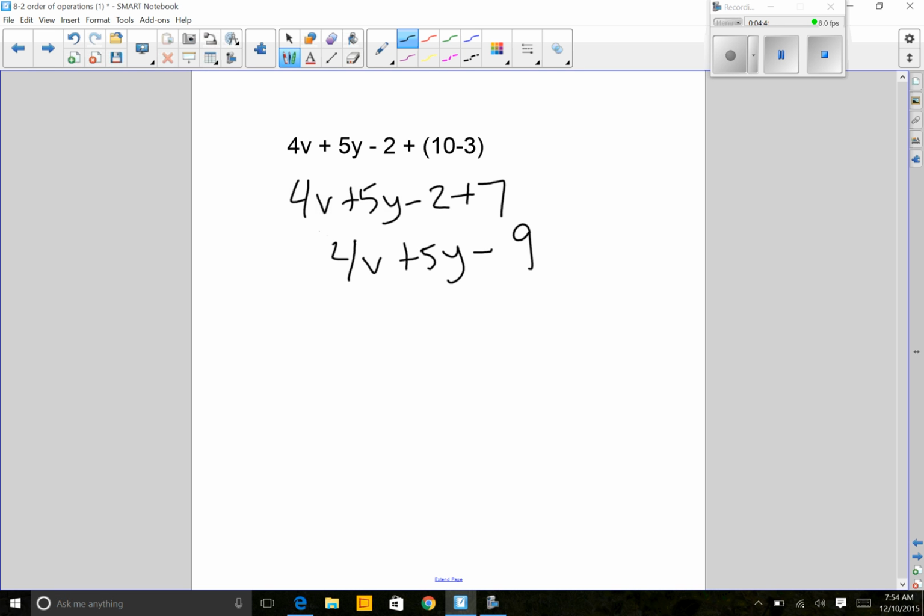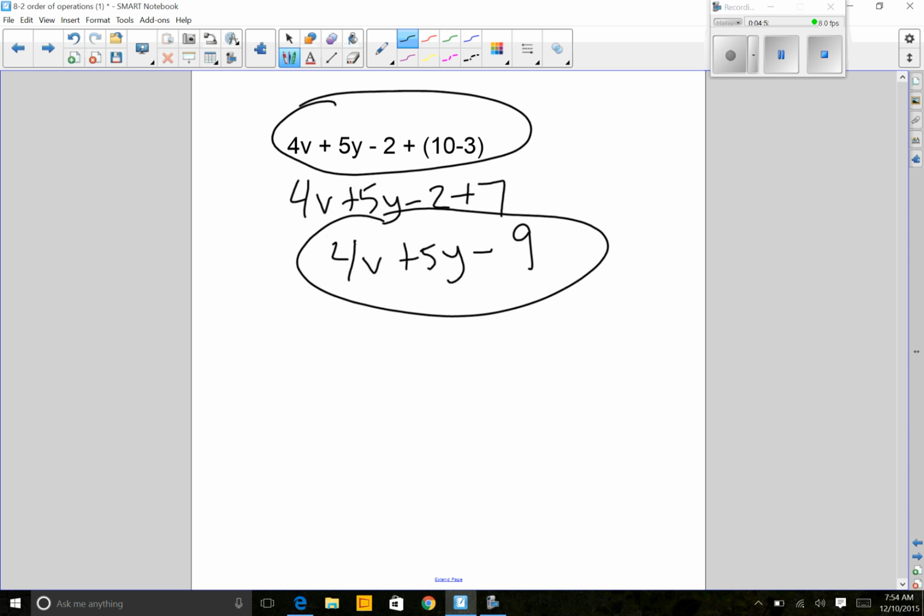I can do that. So that is this statement simplified. That's as far as I can simplify that statement. So sometimes they might give you a statement with variables in it and say simplify it. That's what they mean to do. They mean to do all the operations you can do, except for the variable ones,